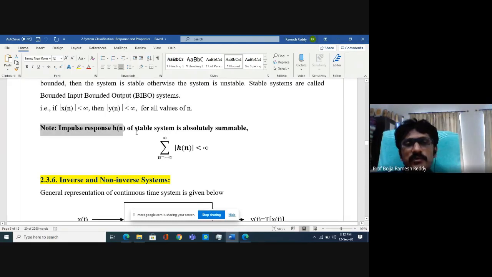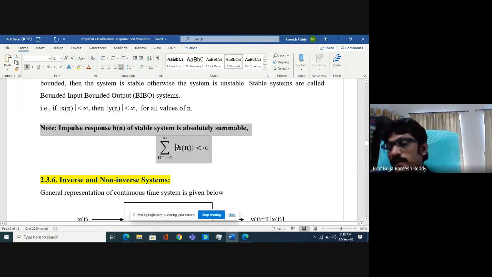In the examination, they will give the impulse response or a system characterized by some equation. Then evaluate the summation over a wide range of time: summation n equals minus infinity to plus infinity, modulus of x of n, modulus of h of n. Here, h of n is nothing but the impulse response of the system. If the impulse response is absolutely summable, then blindly you can say that the system is stable.